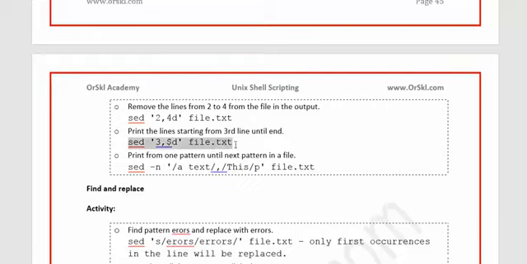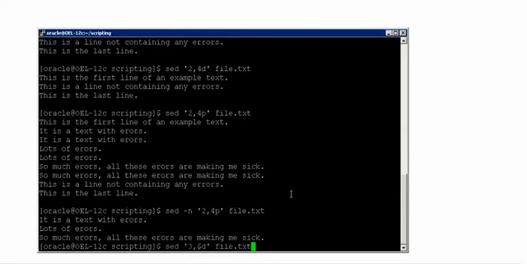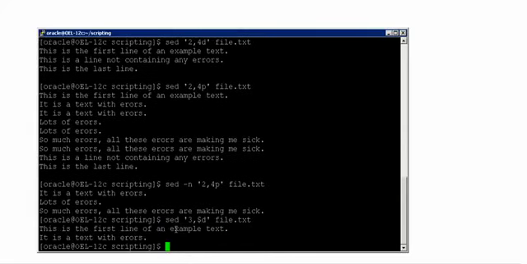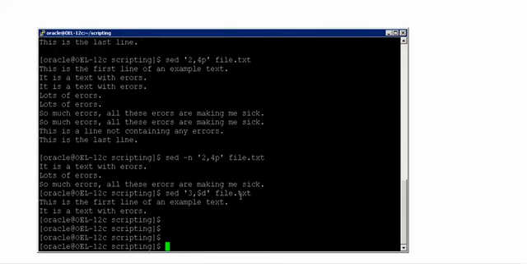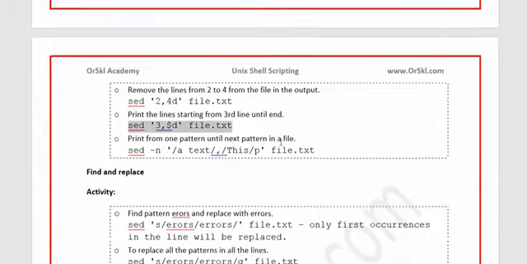If you want to delete everything from the third line until the end of the file, you just say this one. So only the first 2 lines are printed. Third, fourth, fifth, sixth, whatever lines were there, everything got deleted in the output. Please remember again, I'm repeating it. These lines are not deleted in this file. The content in the file is still the same without any modifications. That's the beauty of sed. Sed doesn't do anything to this file. It will read the content, operate, and give you the output. That's it.